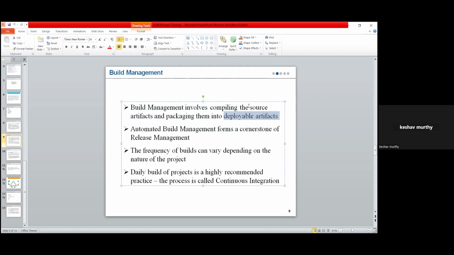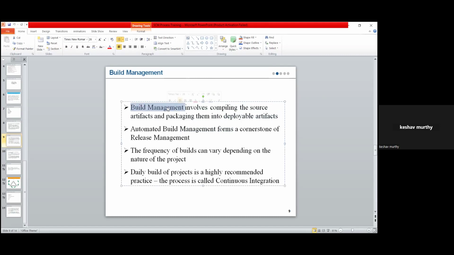Once you compile the source artifacts, they are converted into a package that can be deployed to any machine. This process I'll call build management.